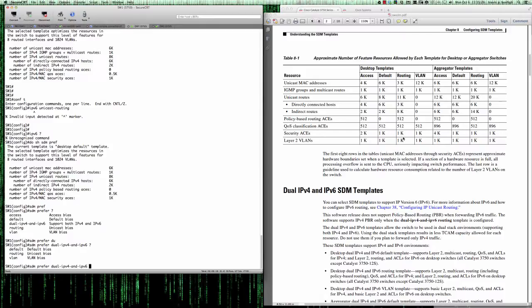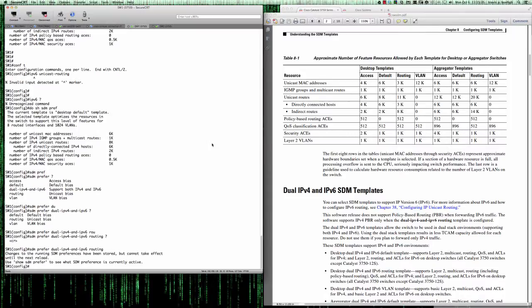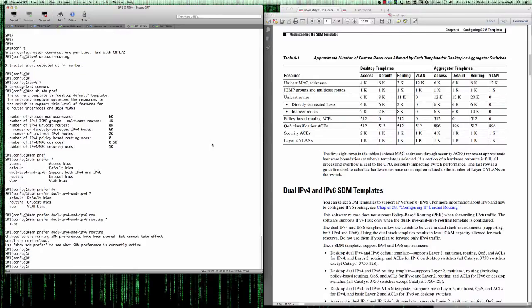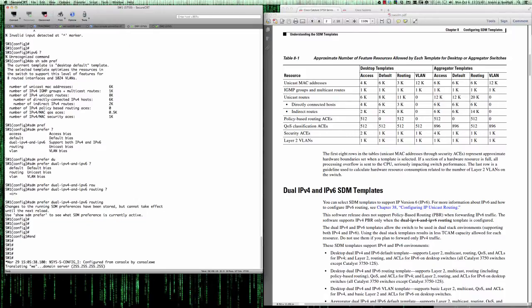We could do the routing, right? So let's go ahead and do the routing. All right, and that's it. And you're going to get a message here. It's going to tell you that changes to the running SDM have been stored but can't take effect until the next reload. So in fact, if I were to type end, and then do a quick write mem,